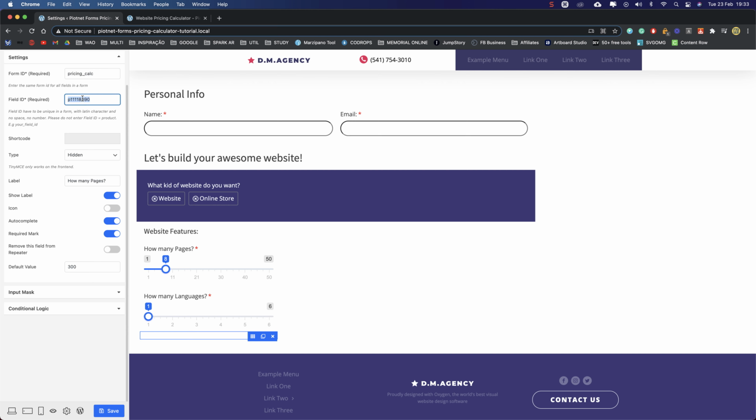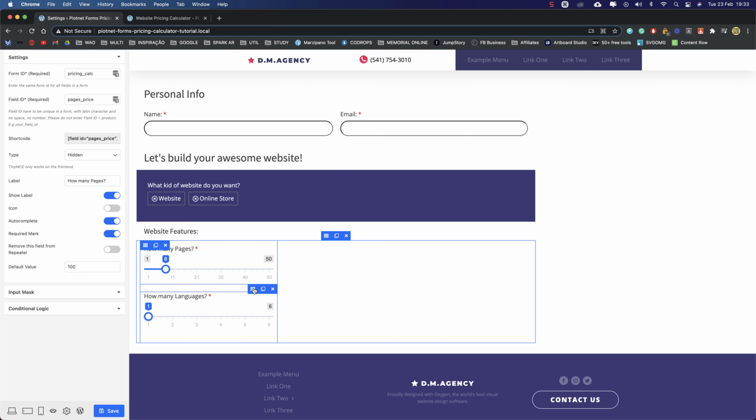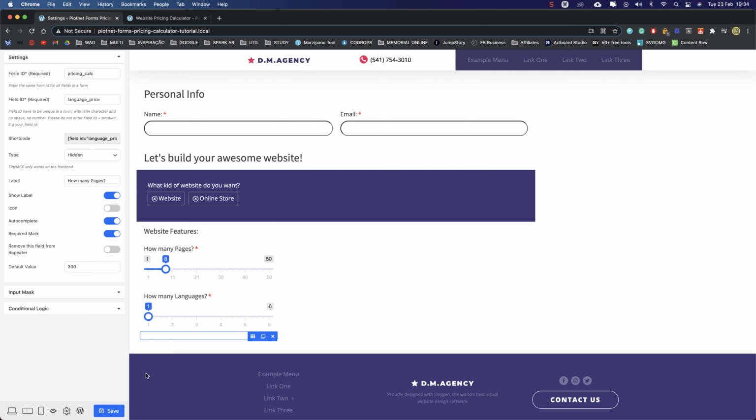Here, let's change the name to language price. Here instead of pages, let's put page price. Okay, page price, language price. So we make it consistent. So far so good. Let's save this.